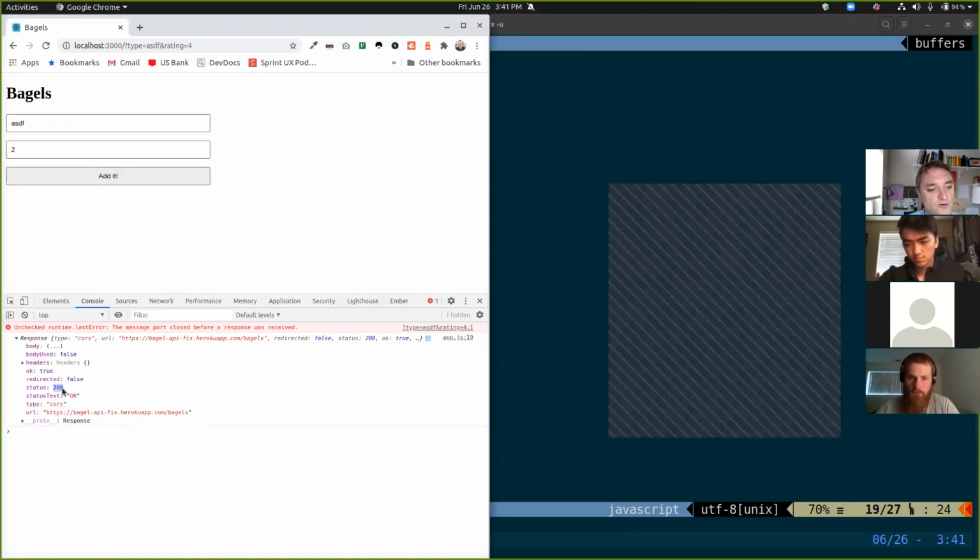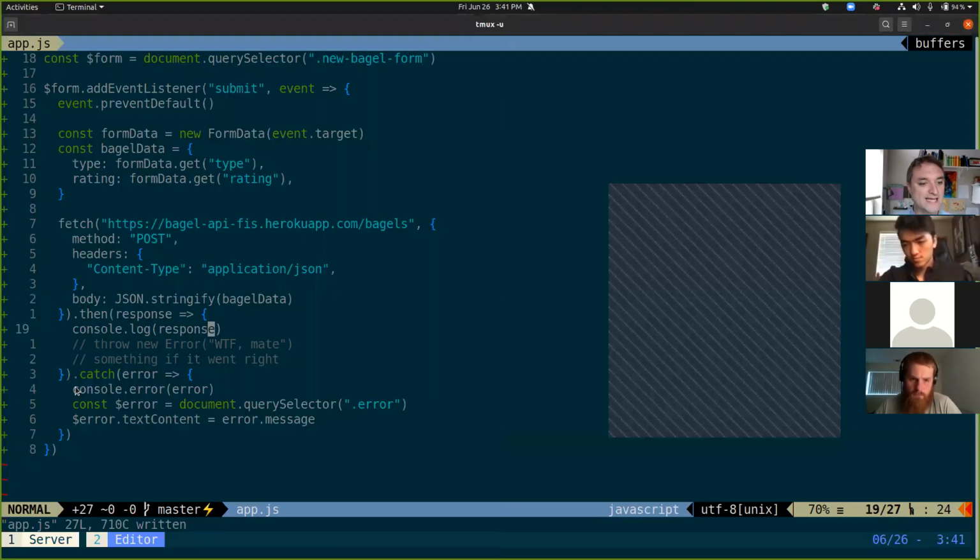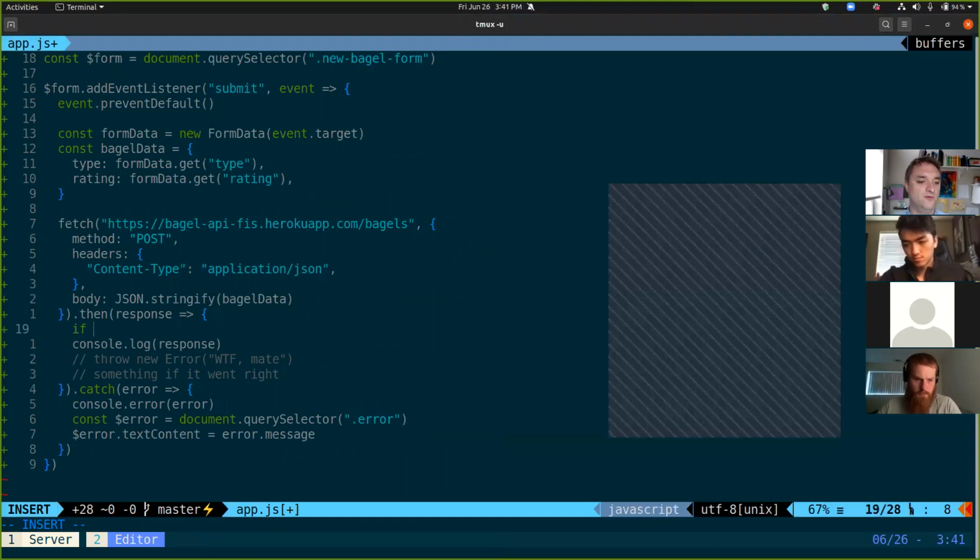So we got a 200 response. This is the status text. And this OK. OK means the response was 100 level, 200 level, or 300 level. It's false if it's 400 or 500 level. So we actually need to check for that. We can say something like, if not response OK,